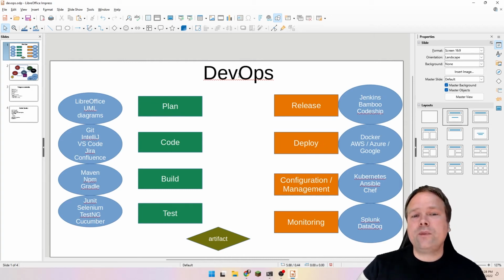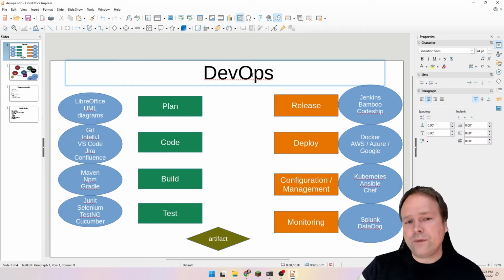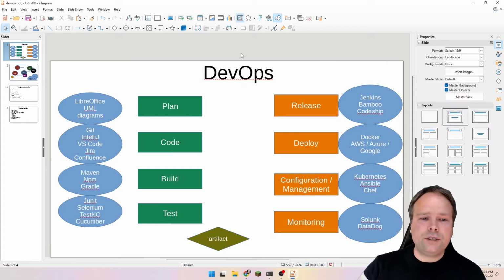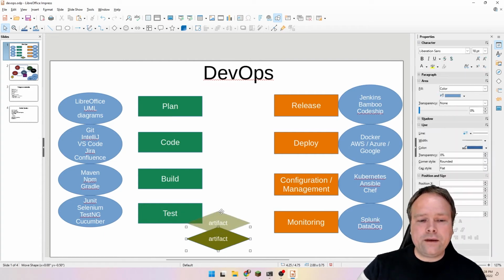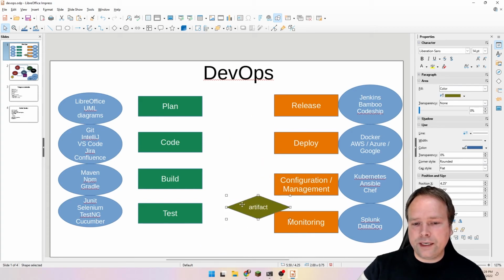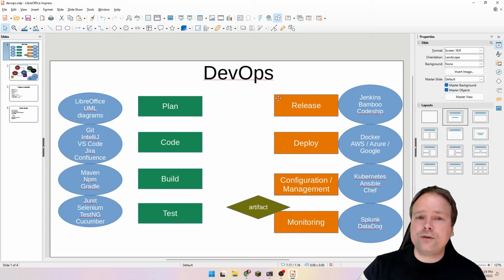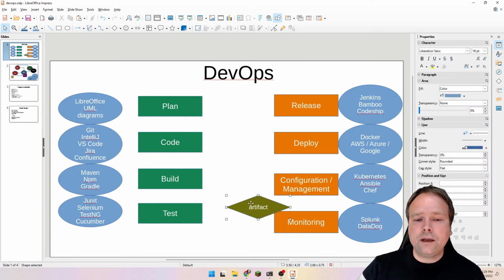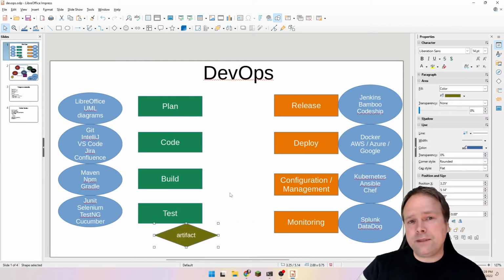Then of course it can be a little bit difficult for the developer to remember and to see how the software actually goes from being just code to being an artifact, and then going through the release process and how to monitor it also. So that is why documentation is very important for DevOps, especially if it's a role that maybe the team takes turns having. Sometimes a dedicated person, or maybe more than one dedicated person,